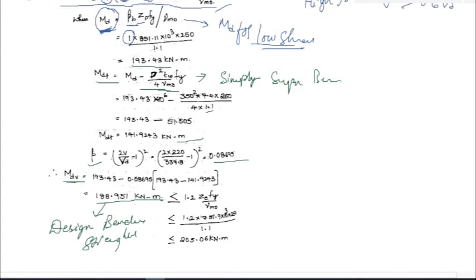So substitute them. ZD is the elastic section modulus, which is obtained by simply I by Y. Y is the centroid distance between the centroid to the topmost layer. I is the moment of inertia of the I section. So you can just calculate this ZD if you want, or else you can just get from the code book. And Fy by gamma m naught, and you got 205. So you can clearly see that it is less than this value. So it is safe.